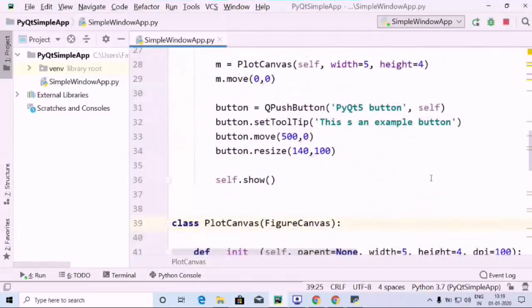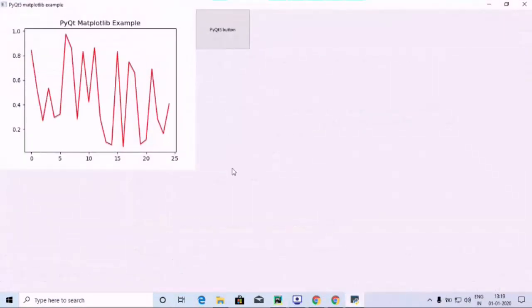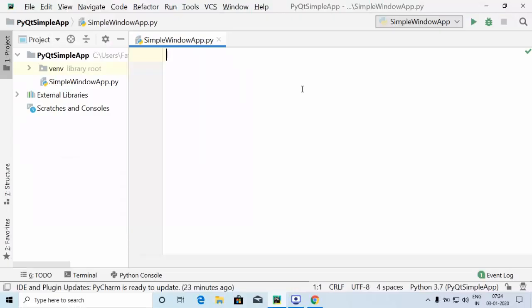So by using this code, you are going to create this simple matplotlib example. We have also the PyQt5 button over here. So this is how we are going to create the PyQt matplotlib example. Along with that, you can add text boxes and perform as you want, as per your wish. So this is a tutorial in which we are going to see